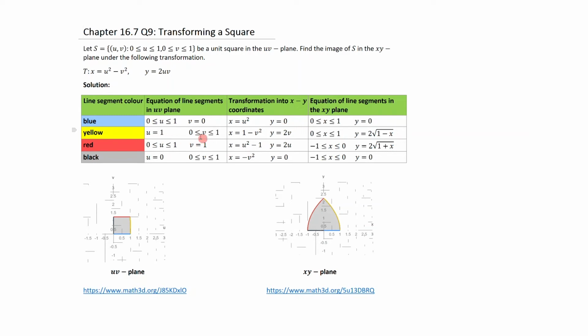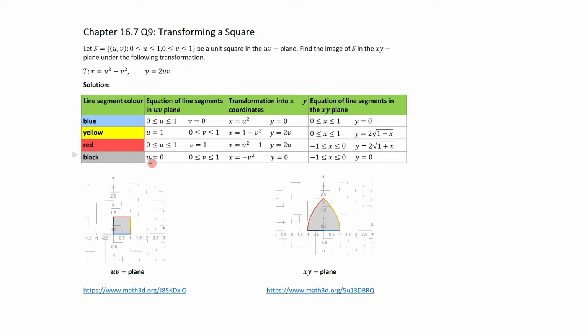If U equals 1 and V ranges from 0 to 1, that means that X will become equal to 1 minus V squared, and Y will be equal to 2V. You just substitute in U equals 1 here, and this just becomes 2V. In this case, for 0 less than or equal to U less than or equal to 1 and V equals 1, make the substitutions into the transformation equation, and you end up with X equals U squared minus 1 and Y equals